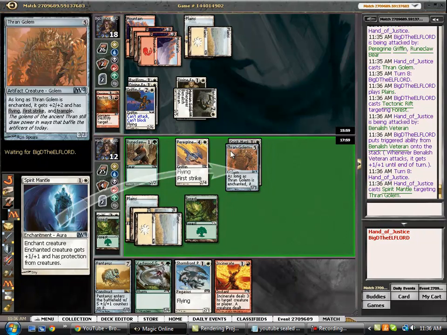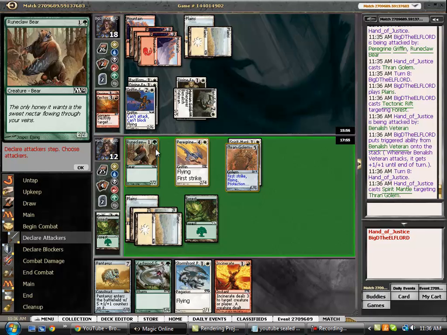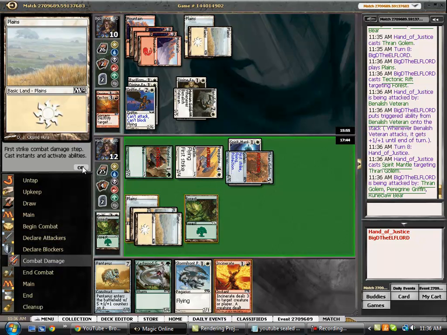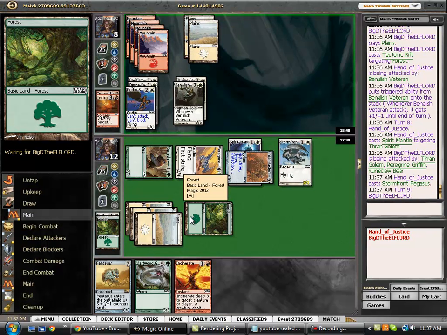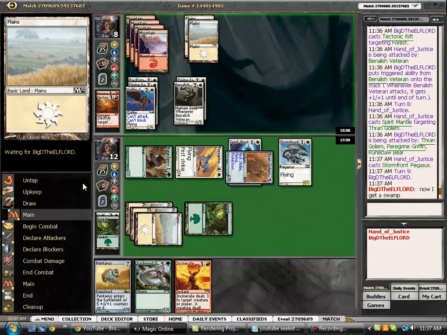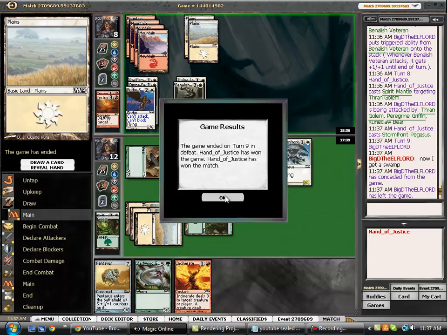If he's got Pacifism, it's really good. But I think it's worth it to try to make this happen. So we bash in with everybody, get him to 8, put him dead on the table next turn if he doesn't have anything. So, here he basically needs us to not block, have a land, and Incinerate and Lava Axe. And that's the match. Okay, so we will see you for round